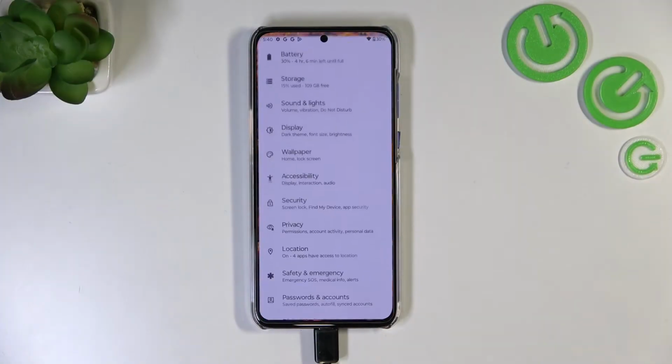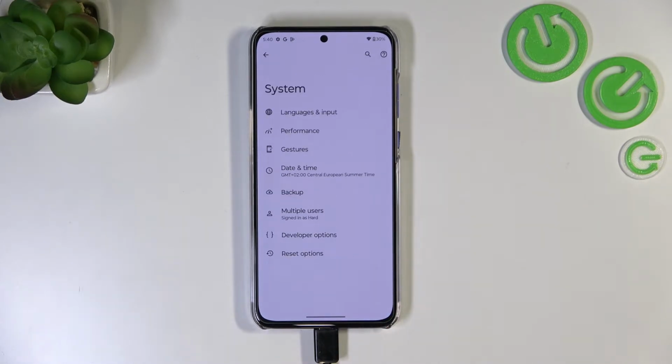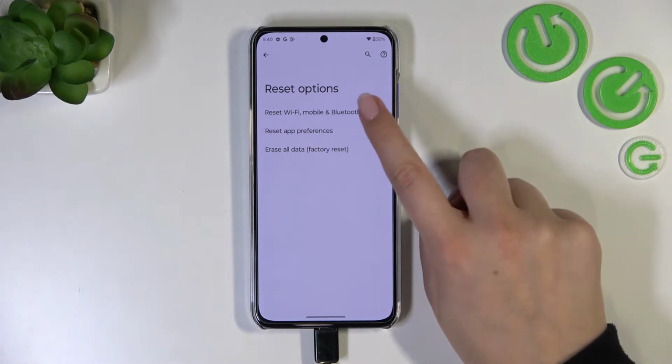So first of all, let's enter the settings, and here we have to scroll down to the very bottom to find the system. Now let's enter the reset options, which are again at the very bottom of this list. So let's tap, and as you can see on the first position we've got the option we're looking for,